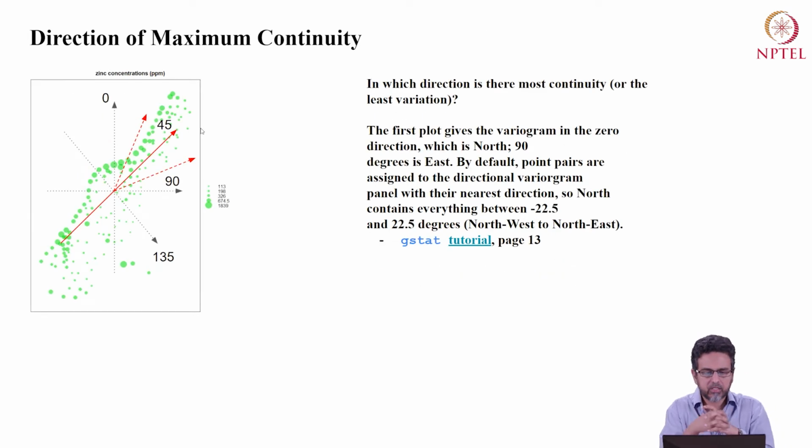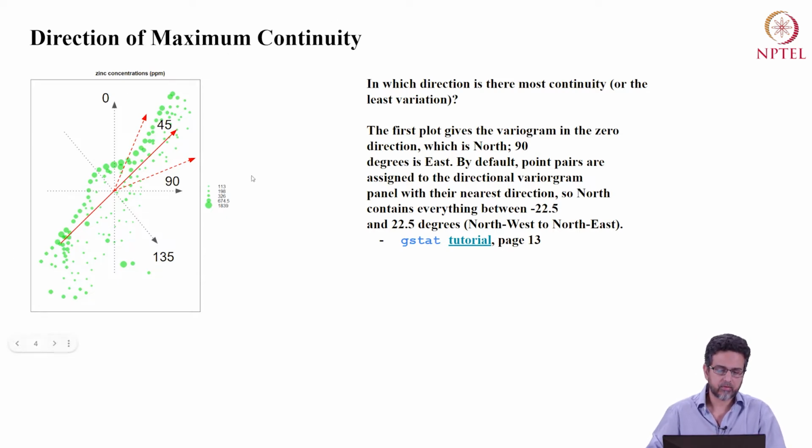This is a term that you might come across if you read material about geostatistics, or if you read papers: the direction of maximum continuity. That's a big term, but what I want you to do is to understand this more, and to appreciate that spatial variation differs by direction. In certain directions things vary a certain way, and in another direction maybe not so much.